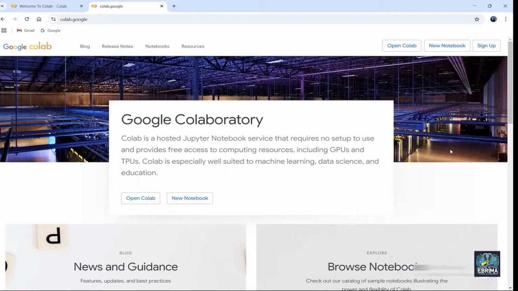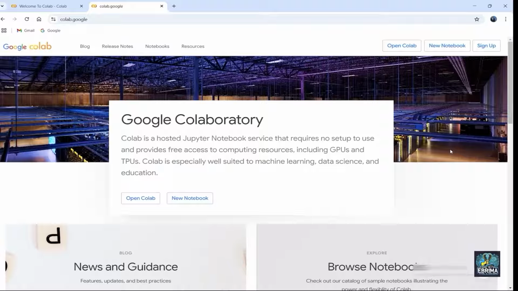So now what we are going to do is take a closer look at Google Colab. This is one of the best environments for coding in Python, and I am going to show you everything that you need to know to get started right away. So the question is, why Google Colab?